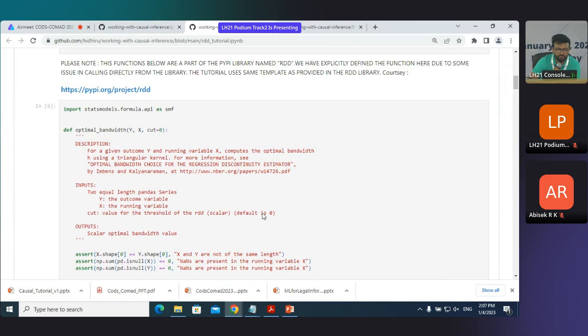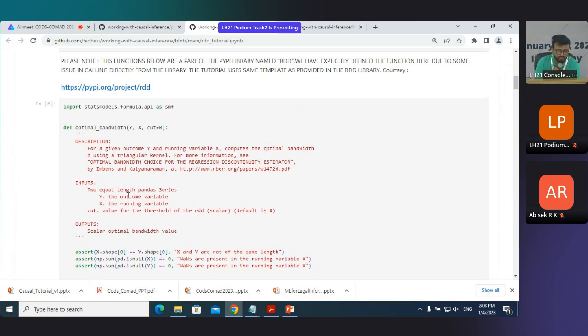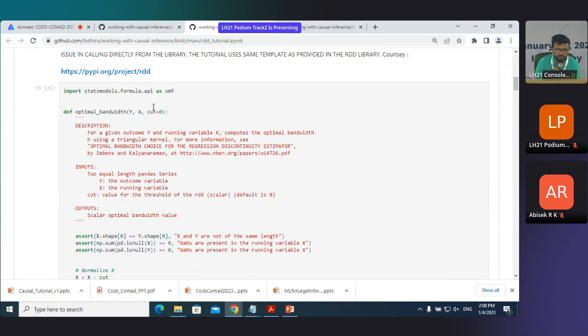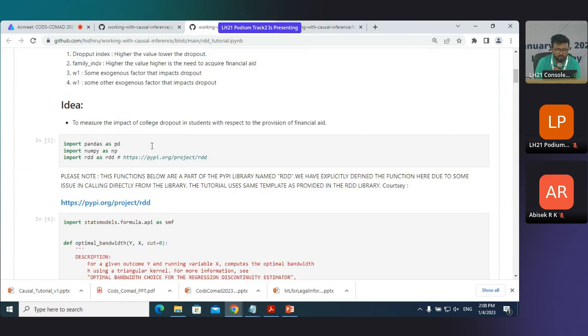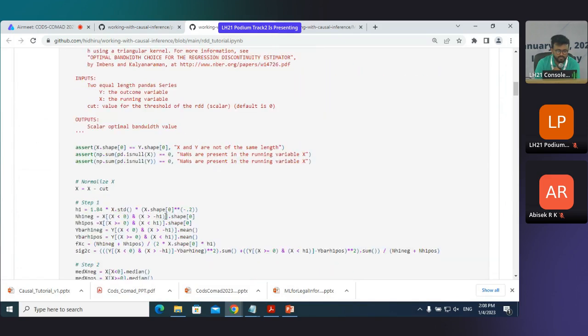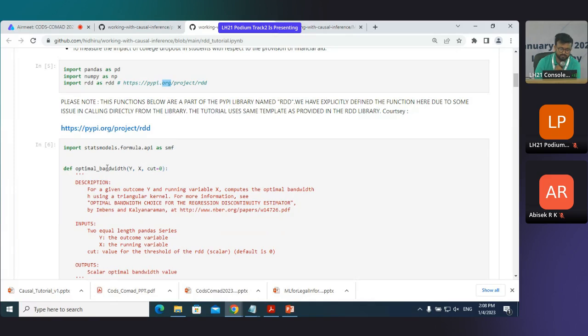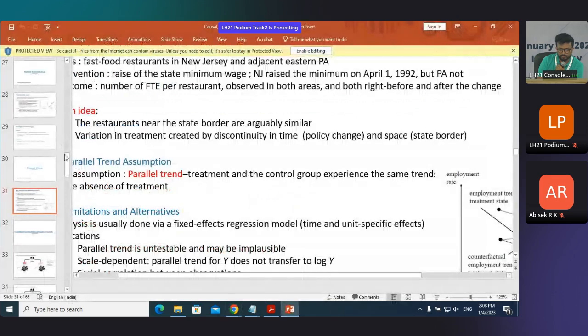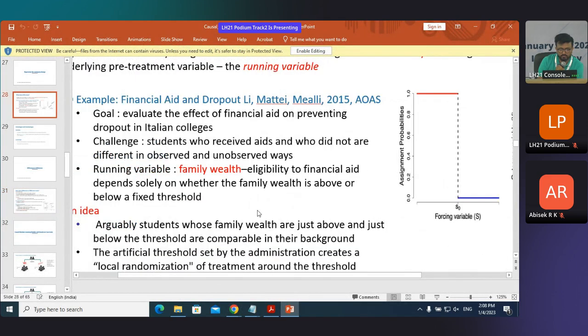Now, RDD, as we were talking about, has a library built in, from the same folks who work on the RDD project, the Pi project. So it has two things. It has the optimal bandwidth, which finds the optimal bandwidth around the threshold that we were talking about. So for RDD,